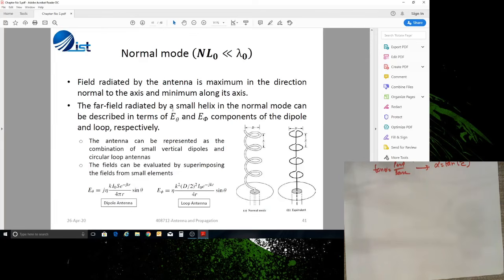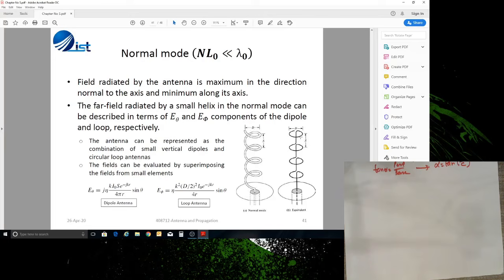So the far field radiated by the small helix in the normal mode can be described in the E theta and E phi components of the dipole and loop antenna respectively. तो अगर आप इसकी far field radiation pattern निकालना चाह रहे हैं, तो वो हम निकाल सकते हैं using the E theta and E phi components of the dipole and loop antennas. क्यों? Because as we have said earlier कि आपके पास नॉर्मल मोड में जो हेलिकल एंटेना अगर उसकी शेप इस